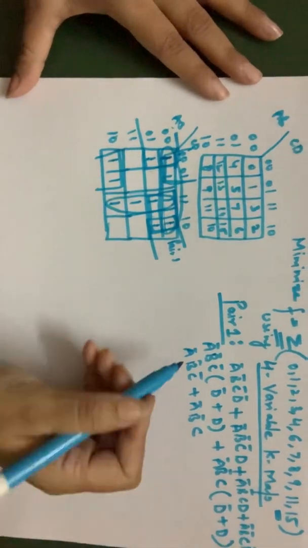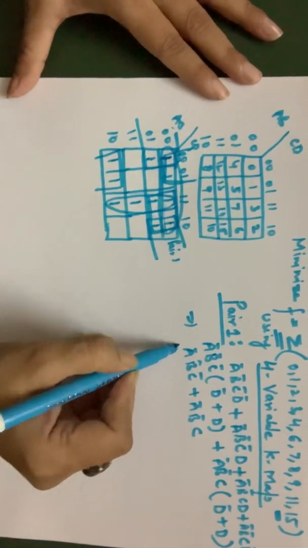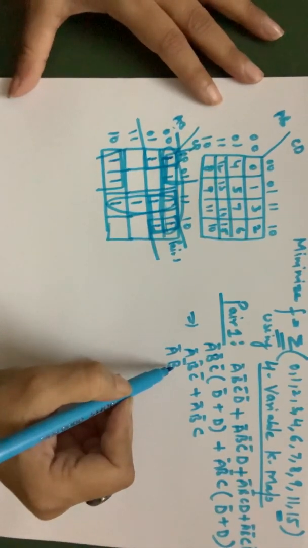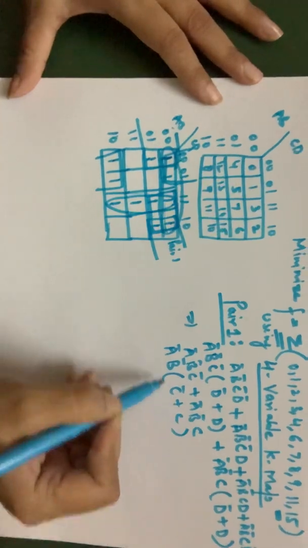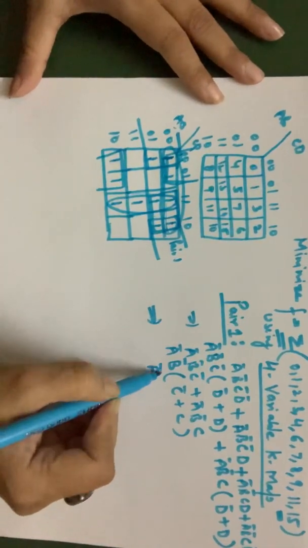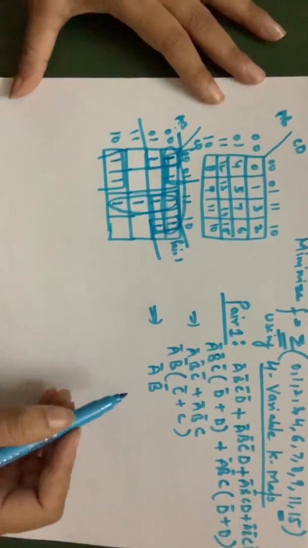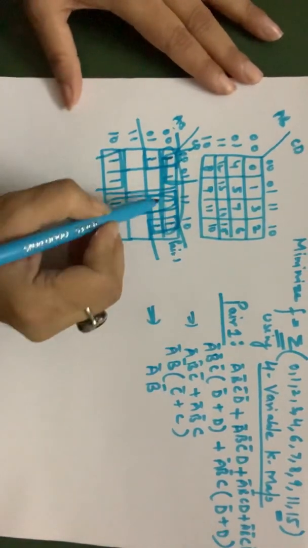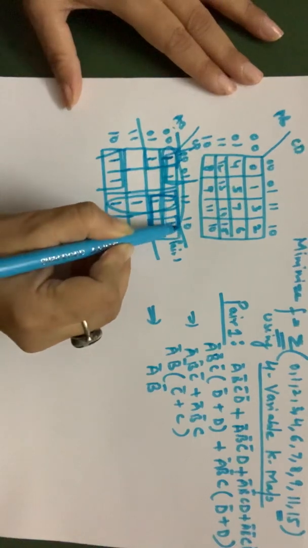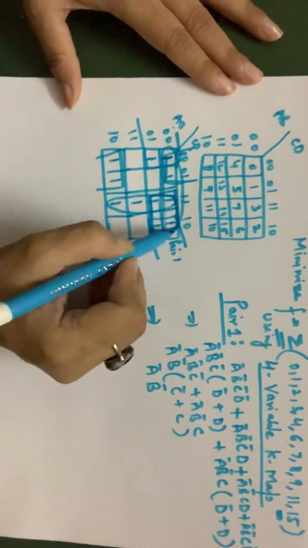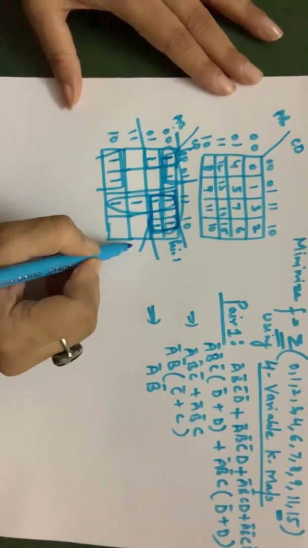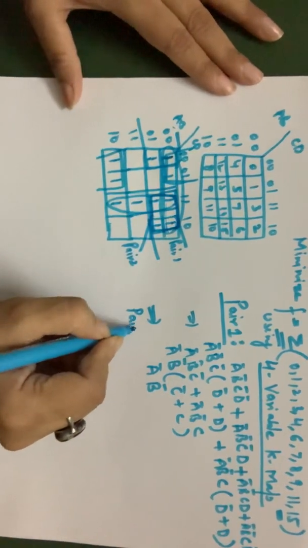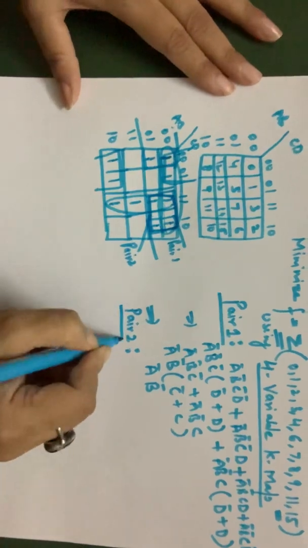Now again we can take the common. Grouping of 4 gives you two variables, remember. So A bar, B bar is common, C bar plus C. So the first pairing will give you the value A bar, B bar. Now try to solve this second pair. This is my pair 2. Now try to solve pair 2 similarly as we solved pair 1.